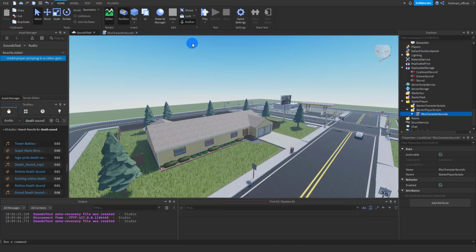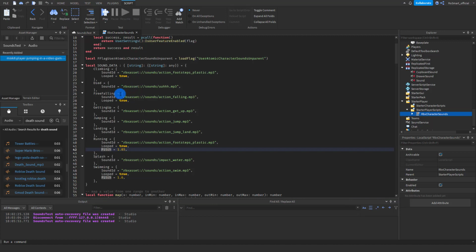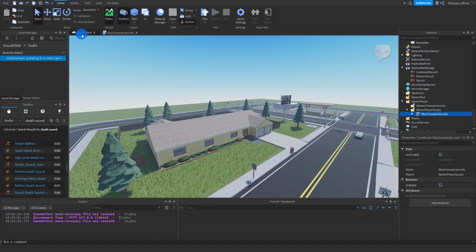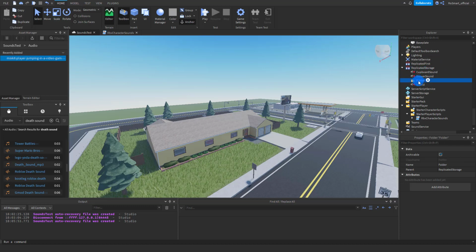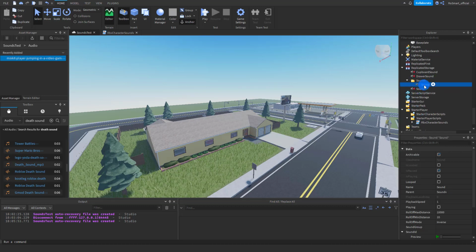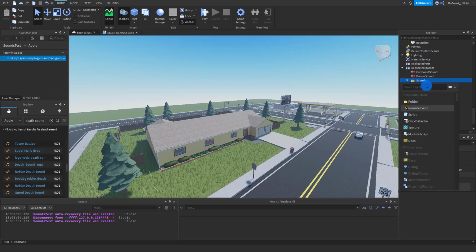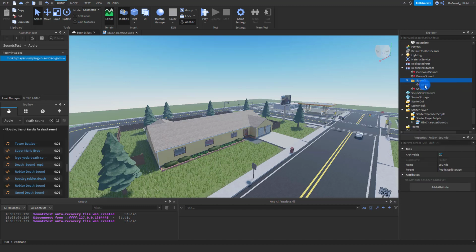What you can do is just paste the ID into the code, but I want to have everything structured in my game. So what I will do is go to ReplicatedStorage, create a folder there, let's name it Sounds, and let's create a sound there. Okay, so now this sound is empty, and I can rename it to Death. And let's create one more sound, and let's name it